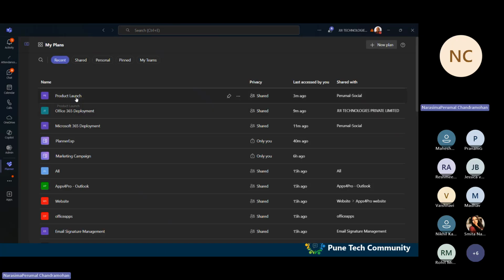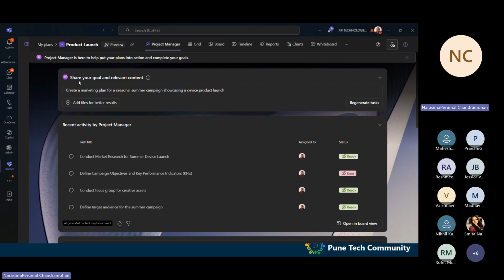No problem. Let me use the one. Okay, a plan has been created using Planner Premium, the project manager. Here, this feature will work only in Teams, not in the Planner web. You need to open Planner from Teams. So in the project manager, I need to